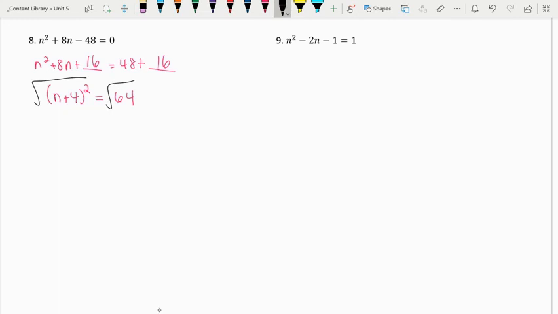Now we would square root. n plus 4 equals plus or minus 8. So we can split it into two equations. n plus 4 equals 8, and n plus 4 equals negative 8. On the left, n would equal positive 4. On the right, n would equal negative